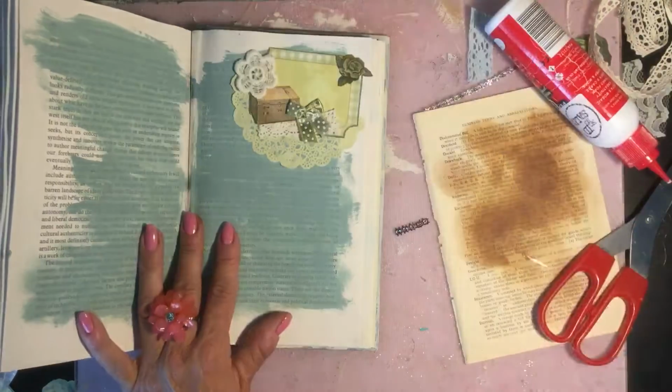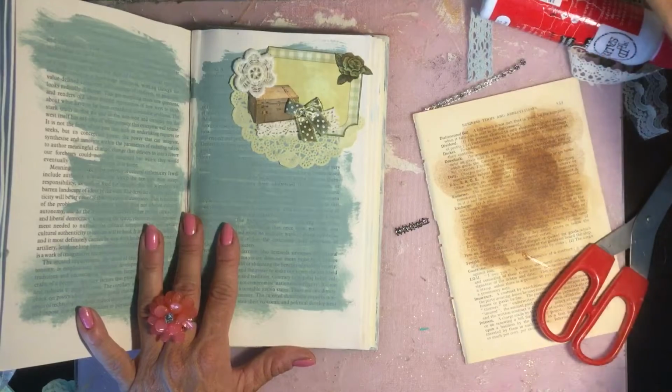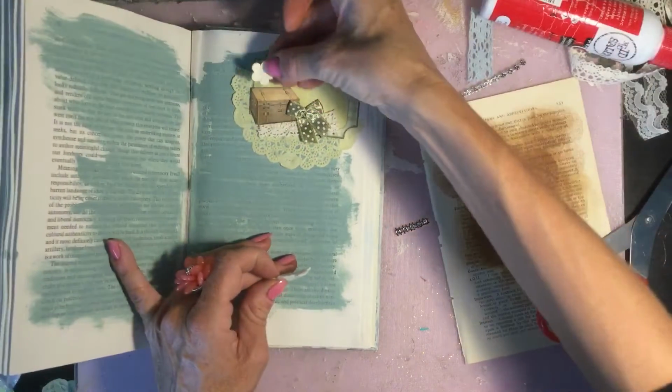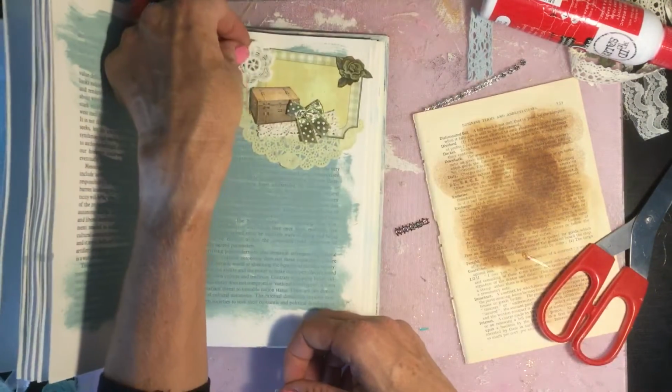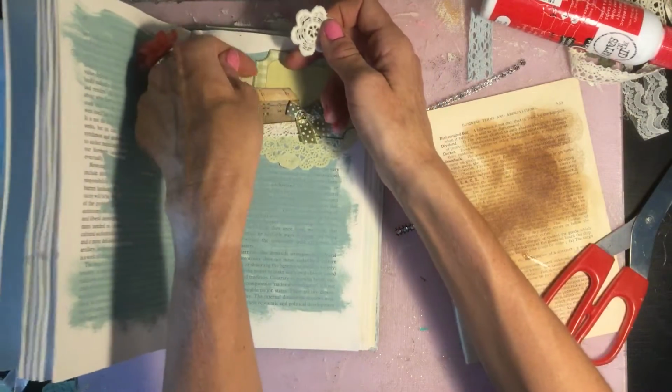Okay, now you see this is where I always come to the whole more is more thing with the crafting, because I put things on, I take them away, and I always think they do look better. They do look better on, so yes, I might have to do that. But obviously this is in fact